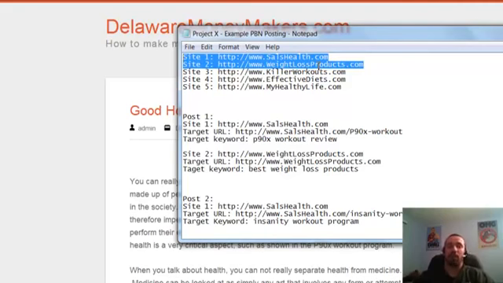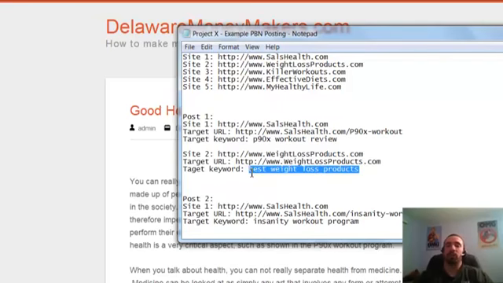Alright, so that should clear up how I'm posting to my network, how I'm adding relevant text. Like if I'm posting about the best weight loss products, since I order general articles, I'll make sure there's something about weight loss in there. It's at least mentioned once. Just like the P90X example, general articles are probably not going to have P90X in it, so you can kind of work it in, and then of course work it in again when you actually do your link. Doesn't have to be perfect, just as long as it makes somewhat decent sense. Alright?